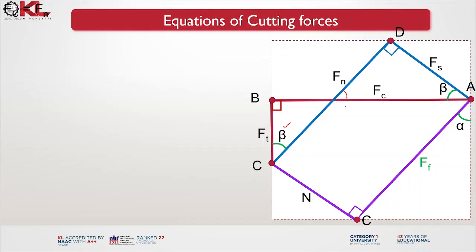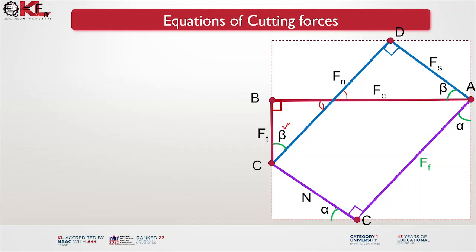Okay, the total of all three angles must be 180 degrees. So 180 minus 90 minus beta, so that is 90 minus beta. So this is equal to 90 minus beta. Then this is also equal to 90 minus beta. And once it is 90 minus beta and this 90, this angle must be equal to beta. Okay. So now